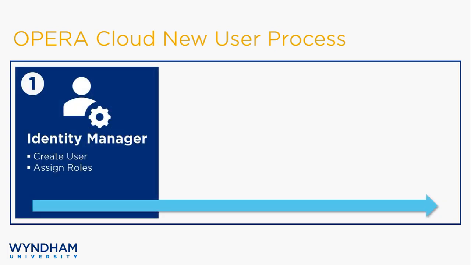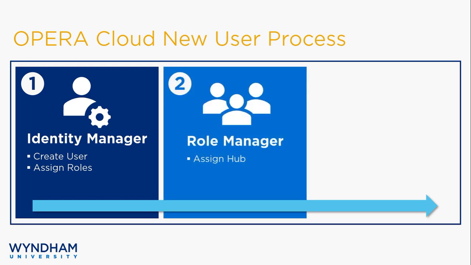First, the hotel administrator for the hotel will access the Identity Manager module via OPERA Cloud to create a new user and assign the necessary user permissions, also known as roles. Second, the hotel administrator will access the Role Manager module via OPERA Cloud to assign the hub access to the